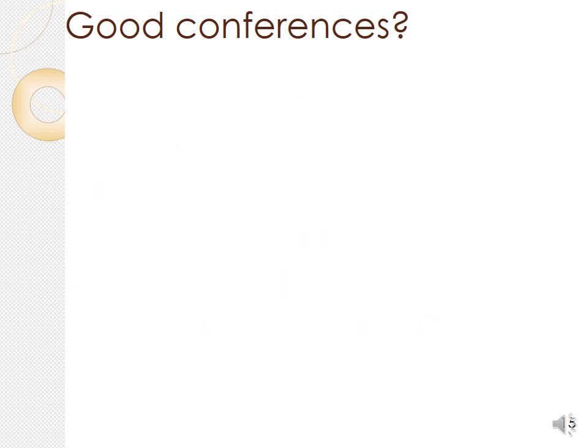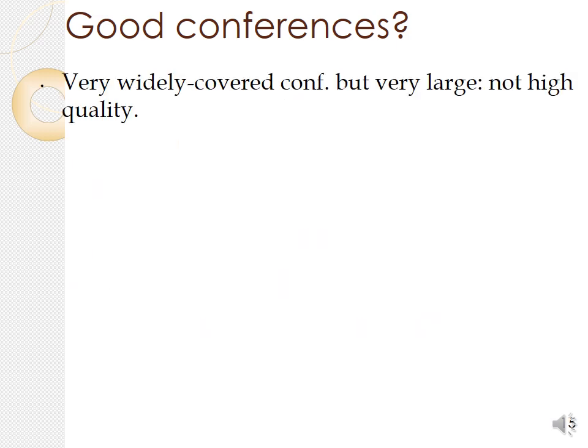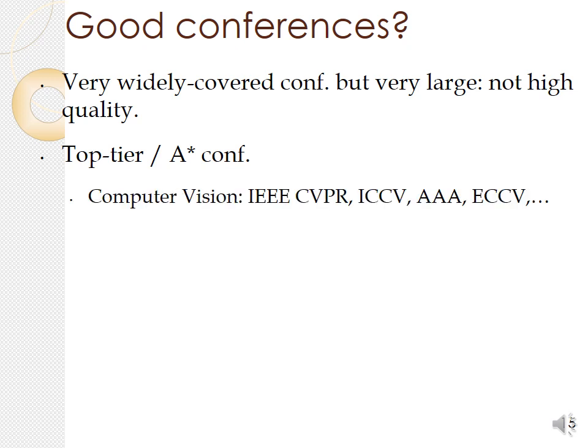If a conference covers very wide areas, usually you cannot learn much, and it is not so good quality. Top tier or A-star conferences, you can search, like in computer vision, for example, IEEE CVPR, ICCV, these are top ones. In imaging, ICIP, and in biometrics, for example,